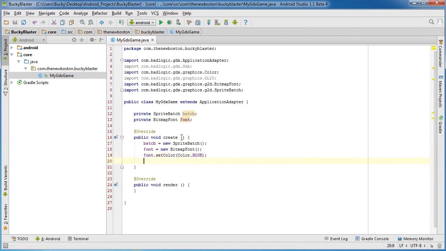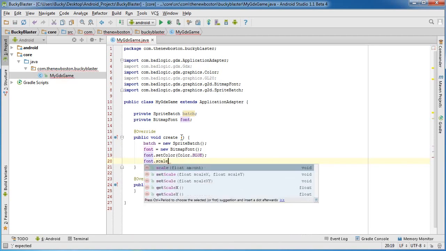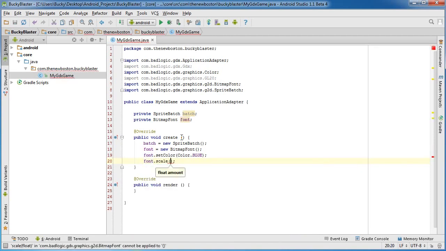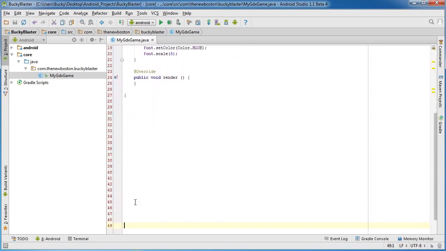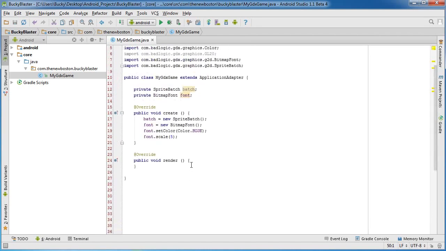So if we just go color, pick your favorite color. So now we have blue font, and for the size of it, we can actually call scale, and we can just grow it by 5 times. So let me give myself a little bit more space. So now we're working with big blue font, pretty sweet, and we just have the parameters set, but we didn't actually display it on the screen yet. Now before I do that, I actually want to